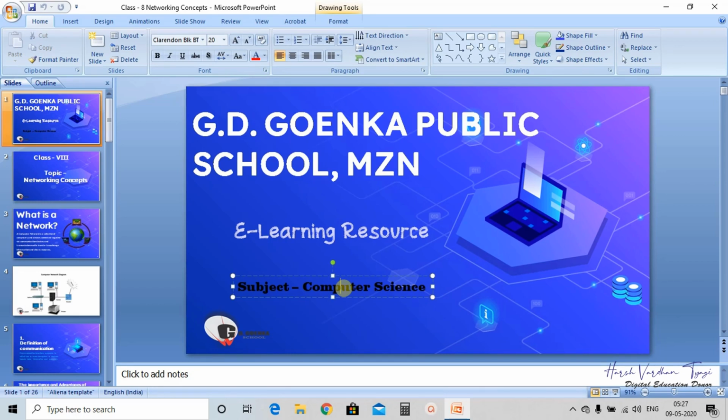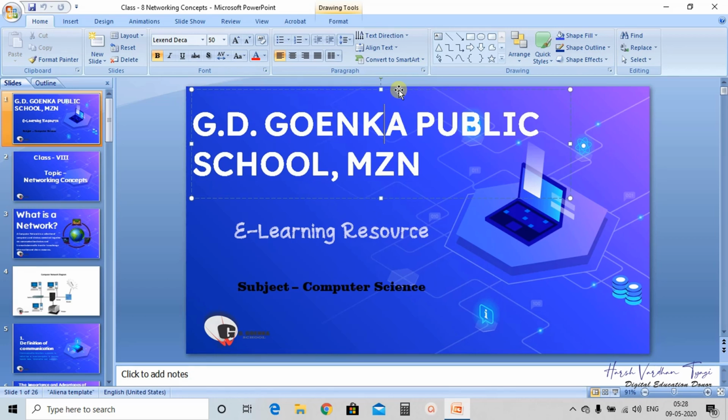Whenever you give any moving effect to your objects, either text, image, shape, anything which is there on the slide, that is called animation. And what is transition?